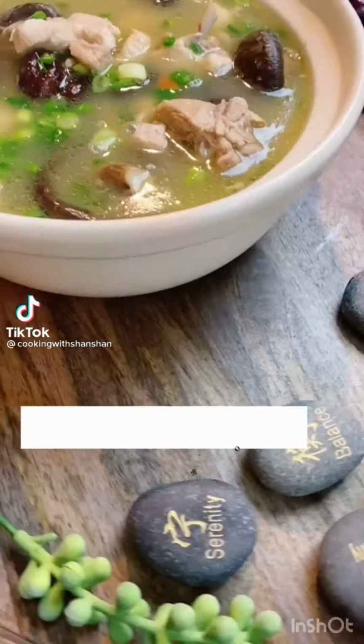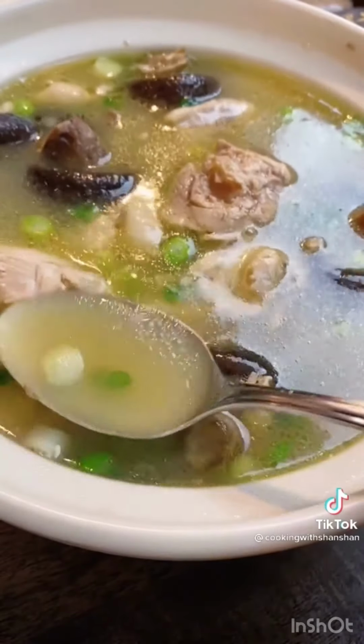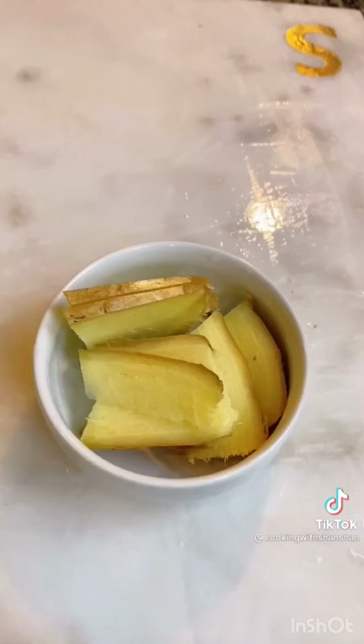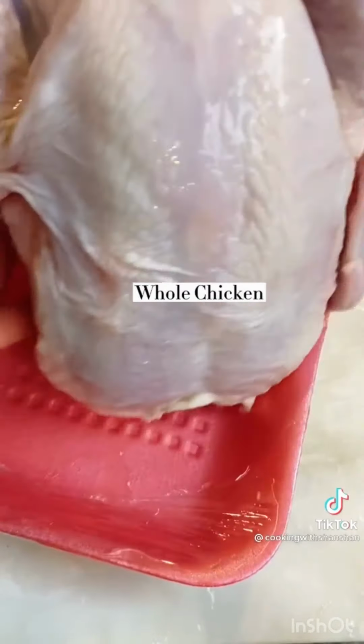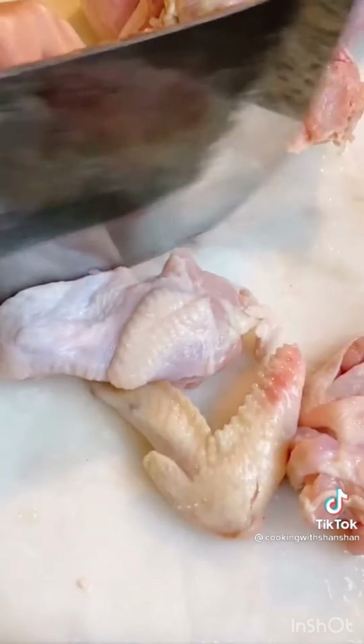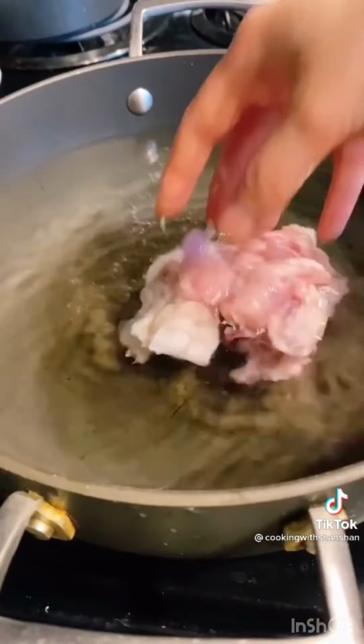Hey everyone, today I'm going to share this quick easy recipe for Chinese chicken mushroom soup that is very nutritious and delicious at the same time. For the prep work, we're going to slice some ginger, spring onion, and chop the whole chicken up into small bites. Simply wash it with water, make sure all the blood and the residue is cleaned up, and put them